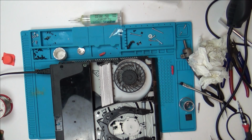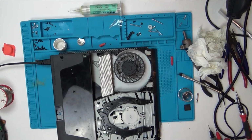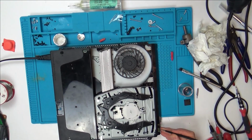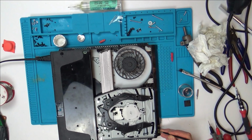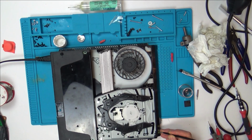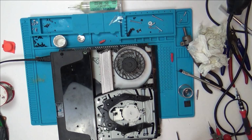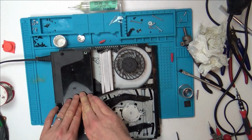Right, I'm plugging it in. Oh, right, okay, this is the most hopeful I've been. Here we go. Nothing. Nothing. Disappointed. I actually thought we might have...